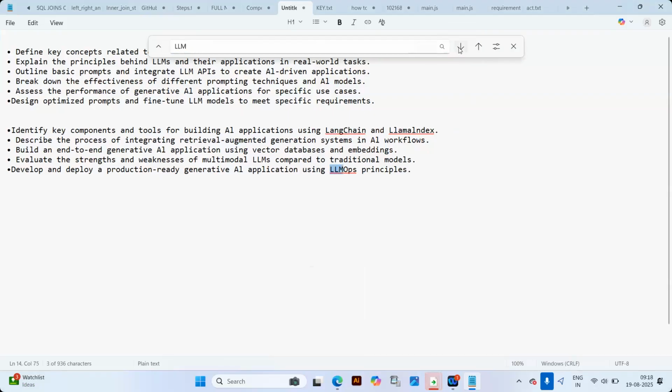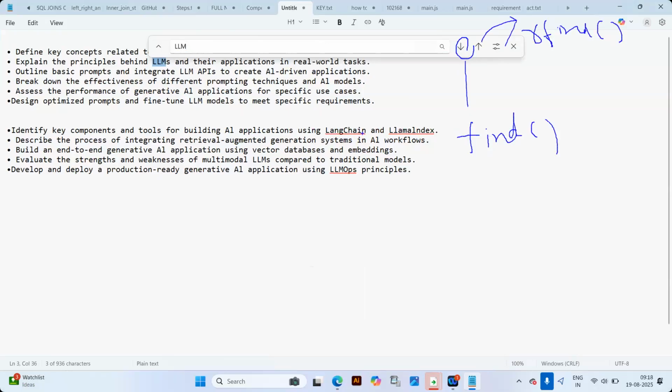If I click this, it goes downward. If I click this, it goes upward. Behind this particular button, our find function exists.